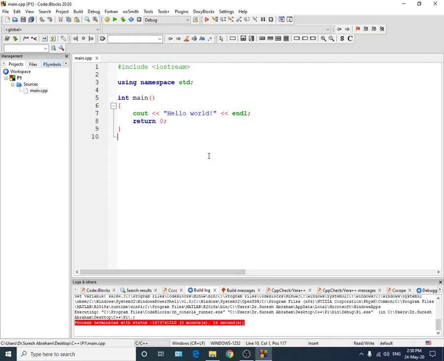So whatever is there between these double quotes is taken together and printed on the screen, and that thing which is appearing between the double quotes is known as a string. And that is how this cout statement outputs hello world on